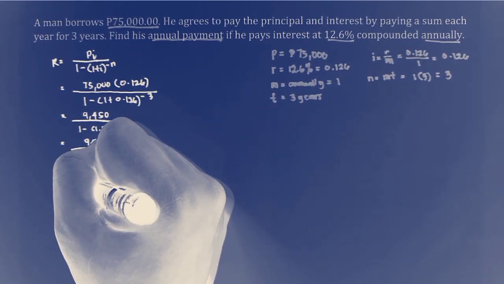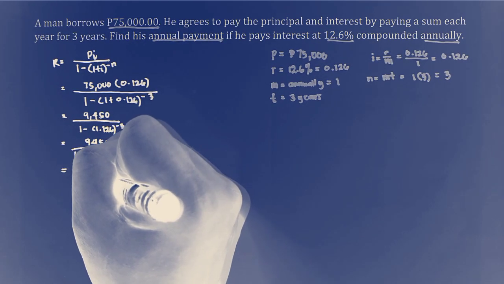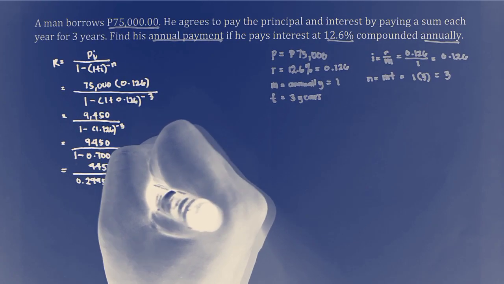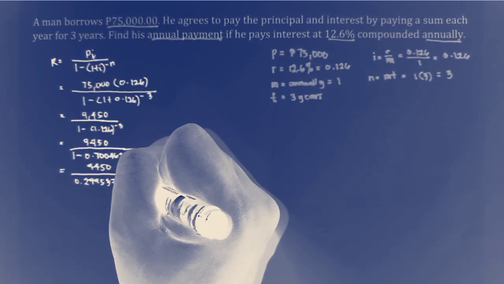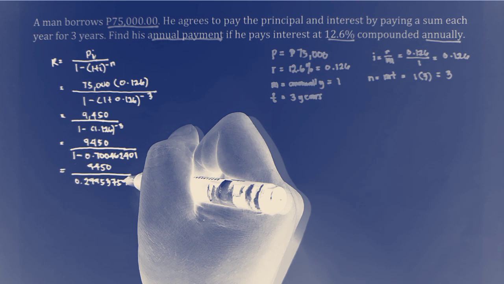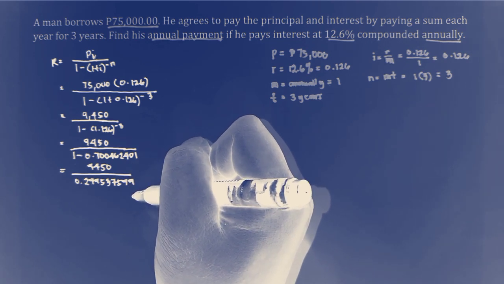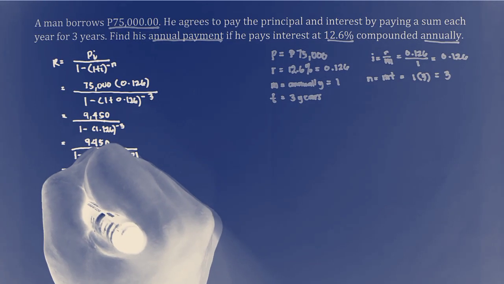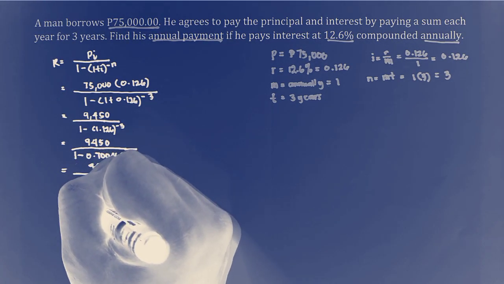That will give us 0.299537,599. And then we divide these two numbers, 9,450 divided by 0.299537599. So ang magiging result natin ngayon ay